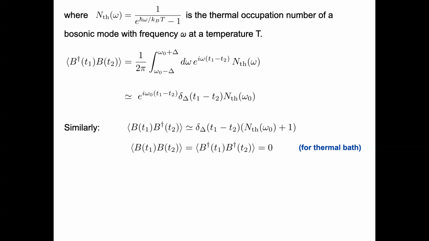Is this true also when T2 and T1 are the same? Yeah. Think again about a finite discrete set of modes. If you have something like two Bs and you act on this in the vacuum state, or if this is a thermal state, then this expectation would be 0 because it would have a preferred direction. There are different ways to see it, but if you have a thermal density operator, then the average of B squared is 0.